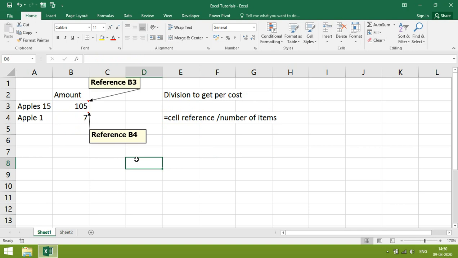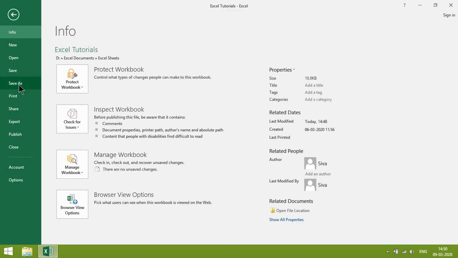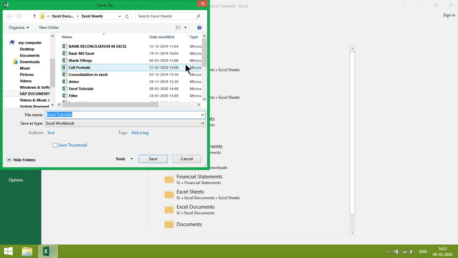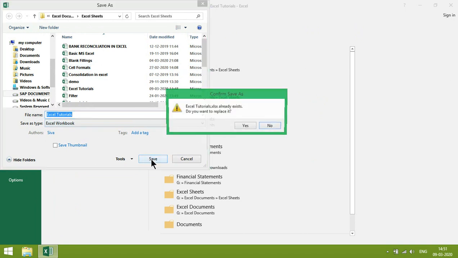We have entered some data. We need to save the file. To save the file, click on File, Save As, select the folder, give a file name, then save.